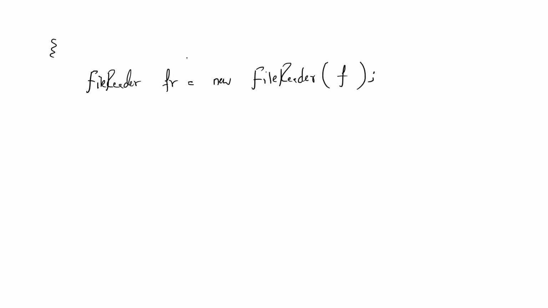So I'm just writing the code. Whenever we are using a file reader, some fr equals new file reader. So this will take what object? File object. So for that, let me also have a file, some f equals new file of some file path